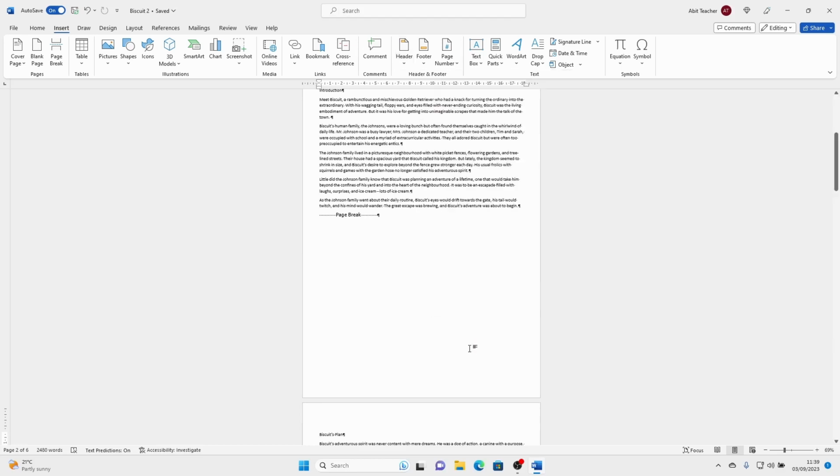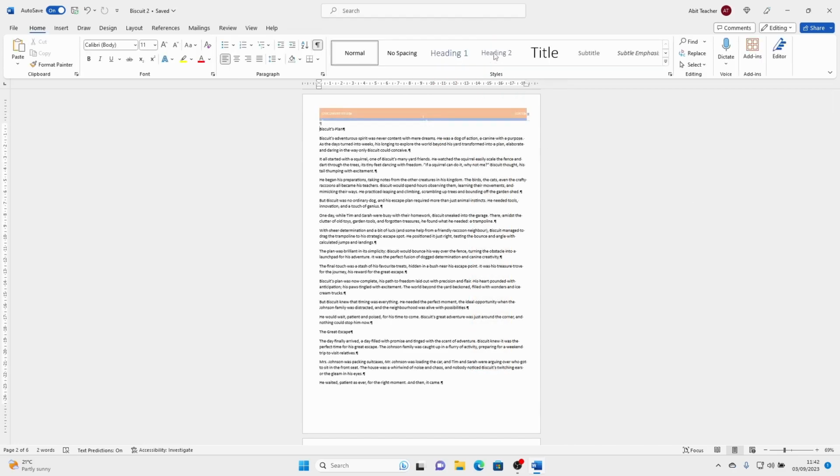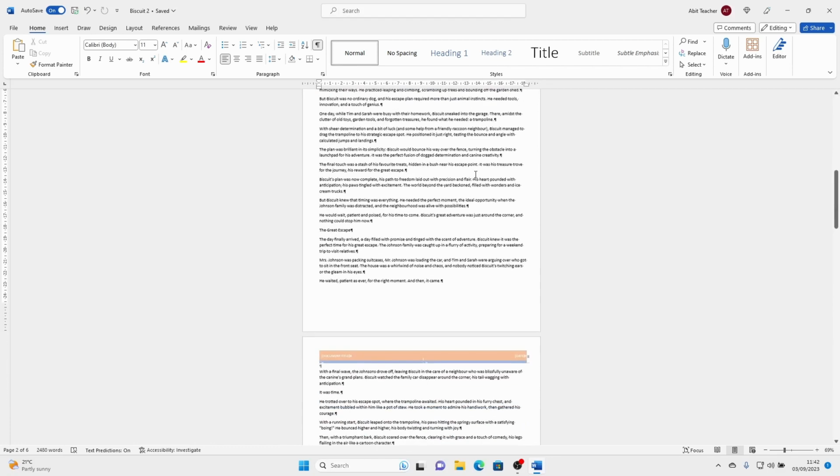And if you ever change your mind or want to jazz things up, you can always modify or delete these sections right from the same place. To return to editing the main part of the document, just click the Close Header and Footer button on the header and footer. So the next time you're working on a big project or even a simple letter, remember the